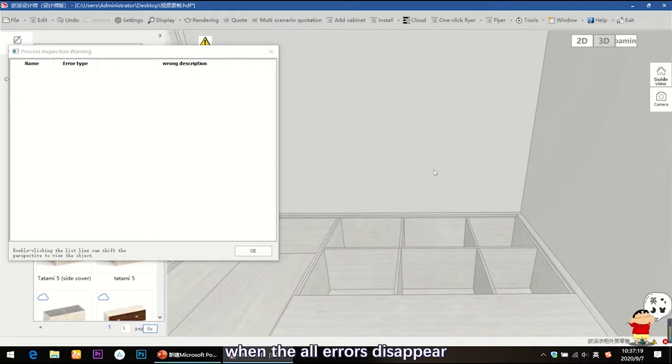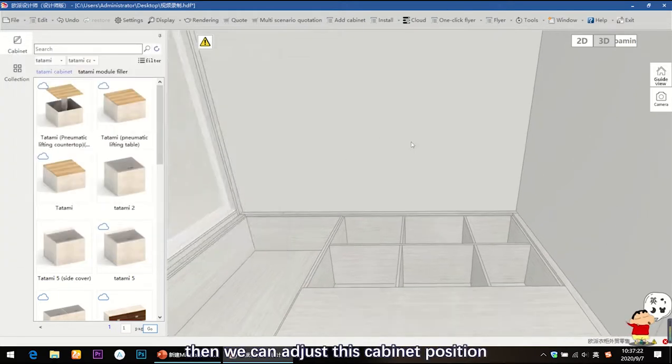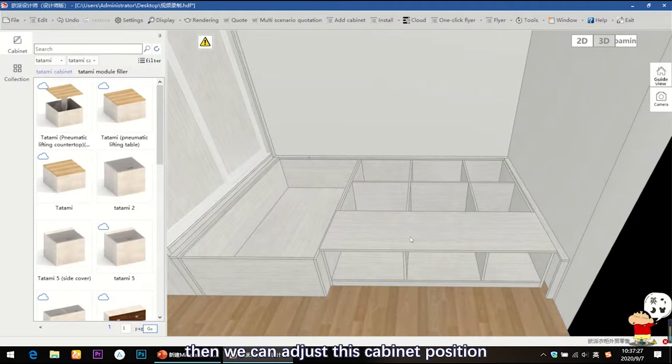When all errors disappear, then we can adjust this cabinet position,